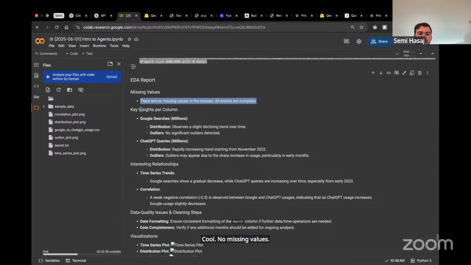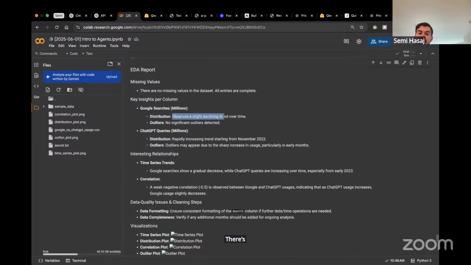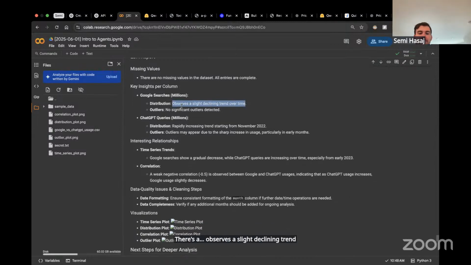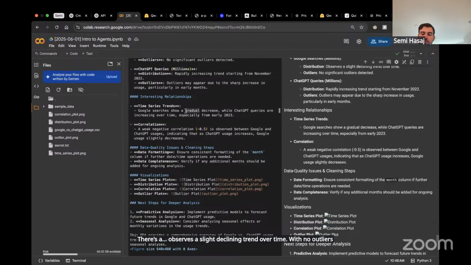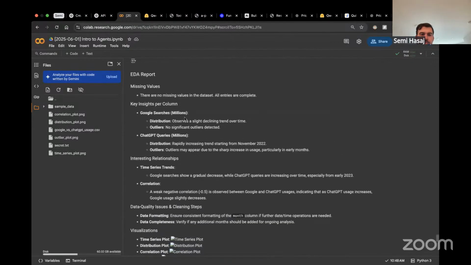Okay, there's key insights per column. There's Google searches in millions, which observes a slight declining trend over time with no outliers. There we go. There's ChatGPT queries, rapidly increasing trends starting from November 2022, right? When ChatGPT came out.